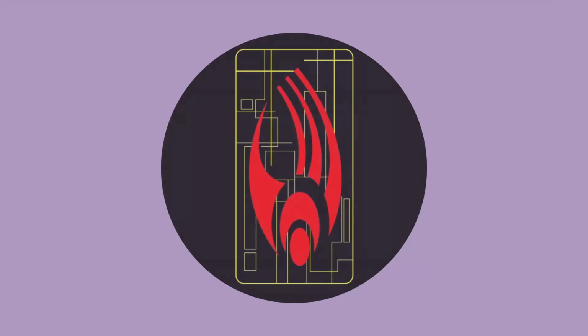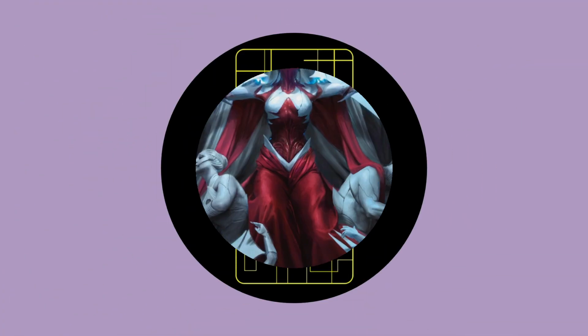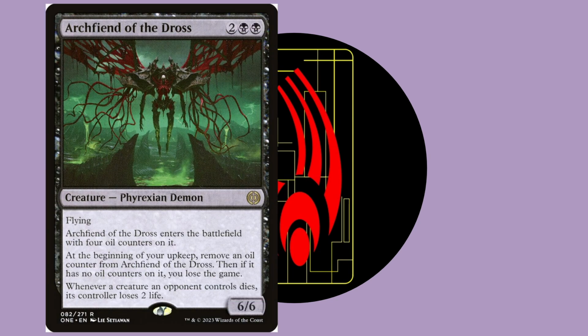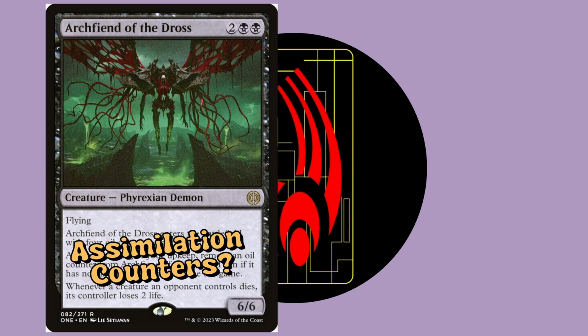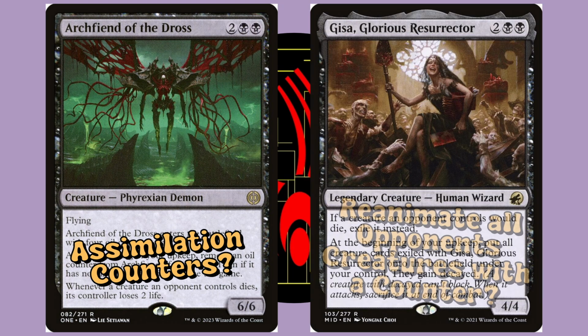Let's do the other famous Federation enemy next, the Borg, Star Trek's equivalent to the Phyrexians. And so, to pay homage to that, I want to bring back the way oil counters played from All Will Be One, but rework them to something like assimilation counters, and copy Gisa, Glorious Resurrector a bit and have a focus on preventing opponents' creatures from going to the graveyard if they had one of those counters on them when they die, and instead playing them on your side of the table